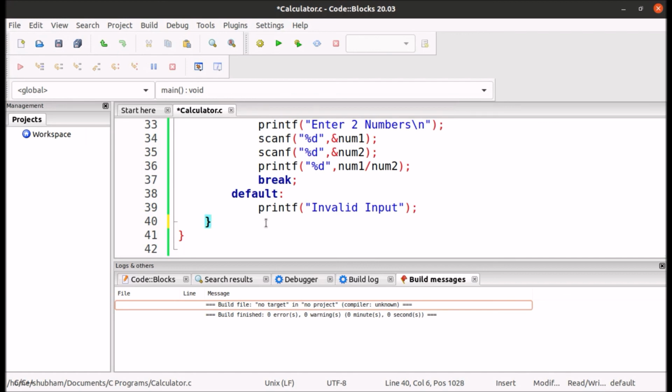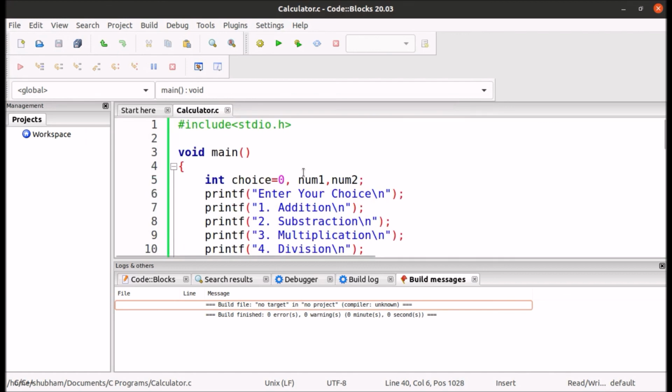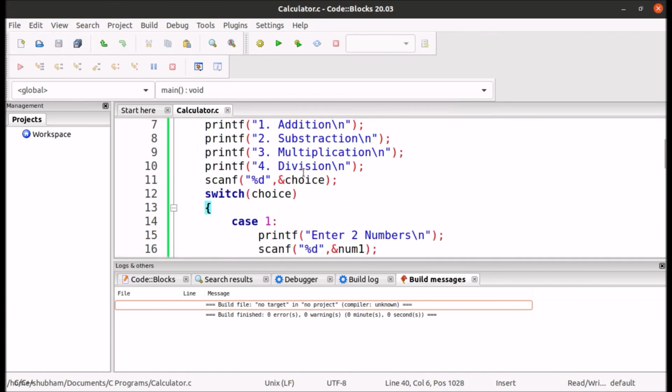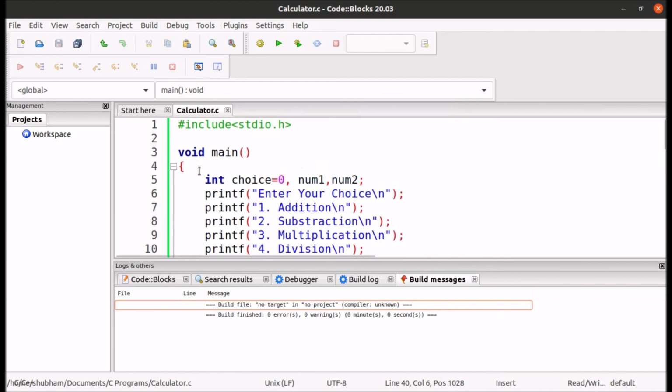So what we have done in this video, we have coded a basic calculator which has functionalities like addition, subtraction, multiplication, division. For coding this we have used the switch statement.